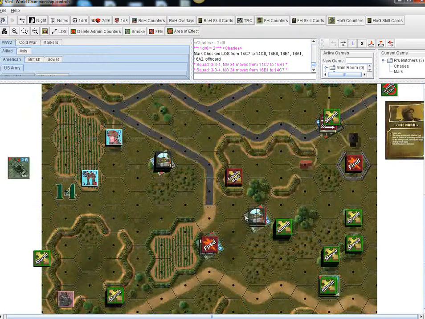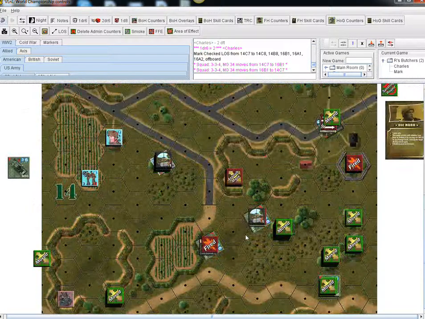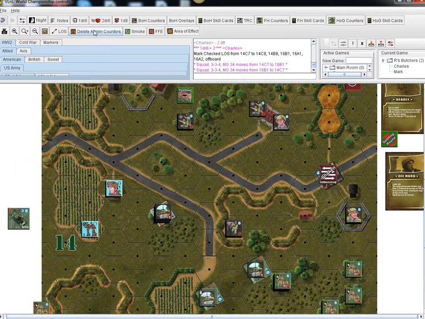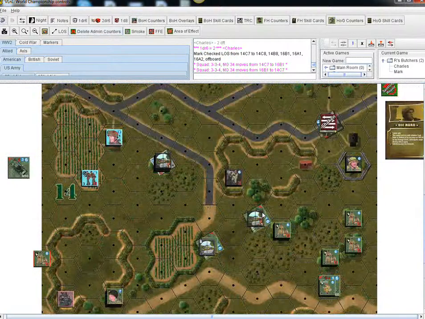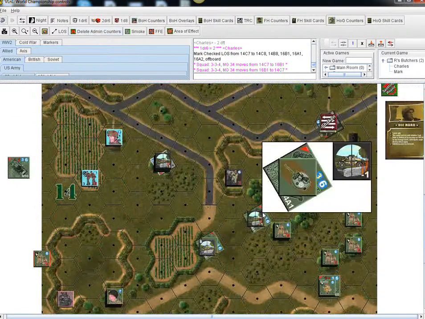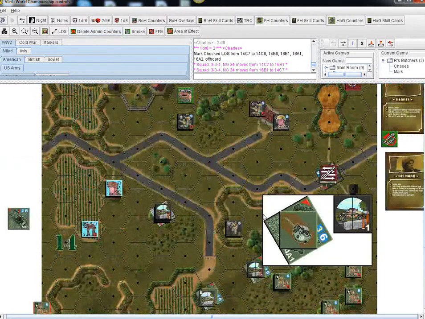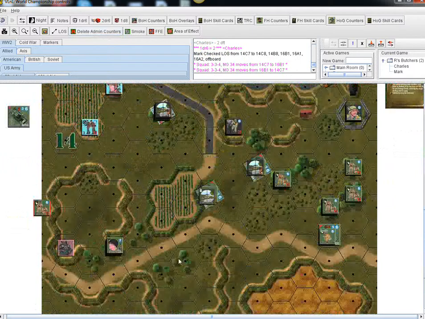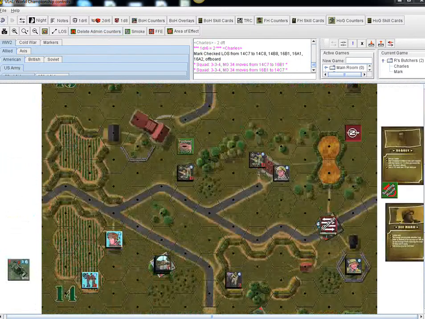Okay, back to me, and I'm passing. I'm done too. So the next thing we do is the cleanup phase, and you see that big button that says delete admin counters? Yep. Push the button, Max. There you go. Oh, it's so much easier than in the real game, huh? Oh yeah, you don't have to dig through the stacks and all that stuff. So we advance the turn record to turn 3. Okay. You got time for another one? Yeah. Great. Okay. Now,